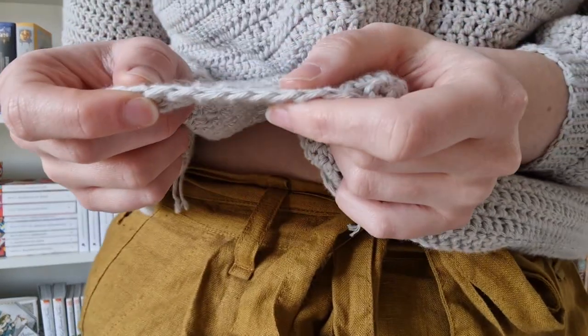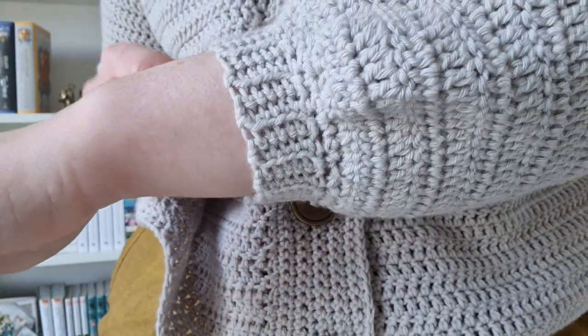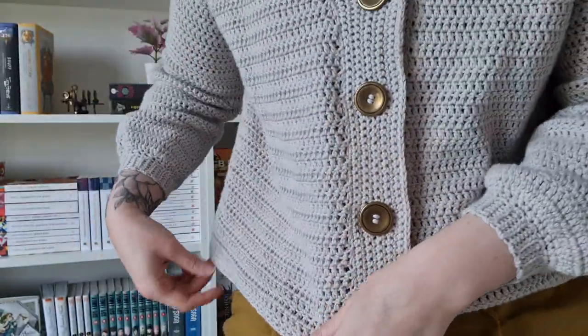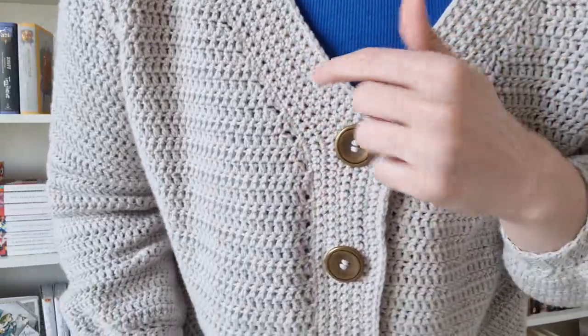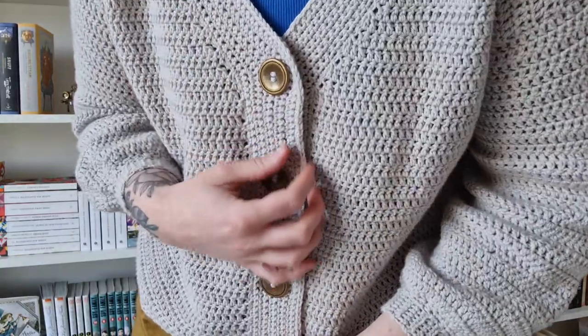So instead of taking the entire V, you only take the front loop, and it makes this nice vertical line effect. However, for the button band, the pattern only says double crochet, and I was confused for a little bit because I couldn't zoom in on the pictures. It was a bit blurry, and I couldn't tell if that was correct. But the pattern doesn't say front loop here, so maybe it's intentional,